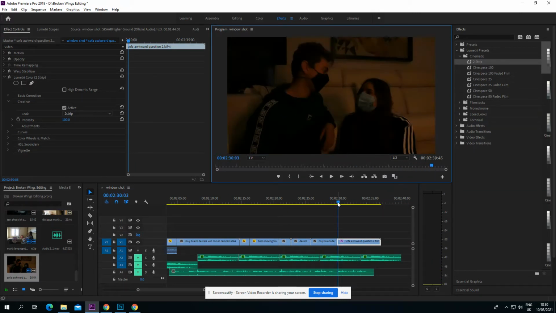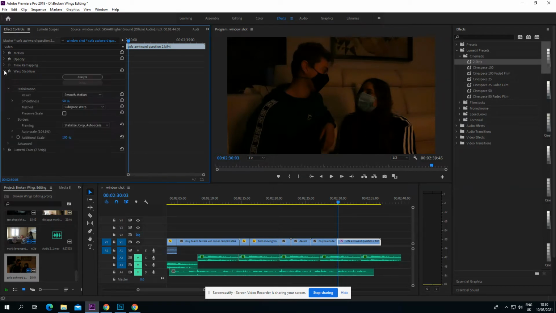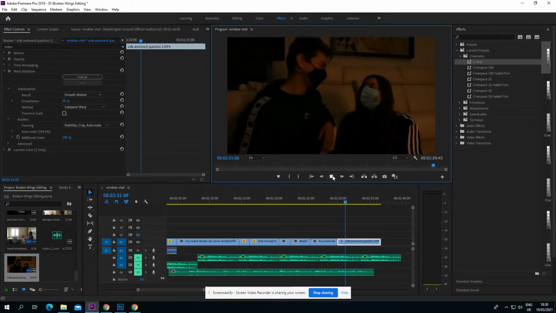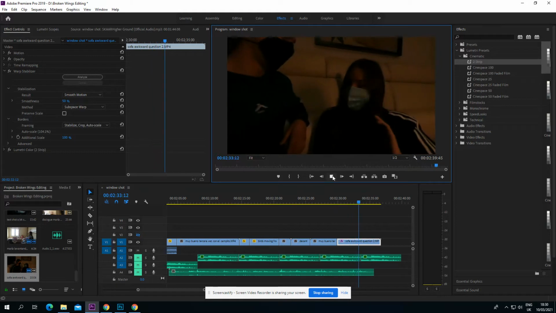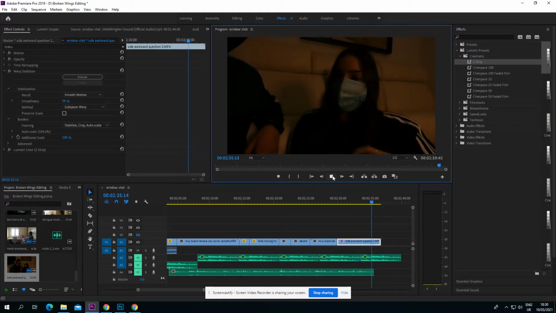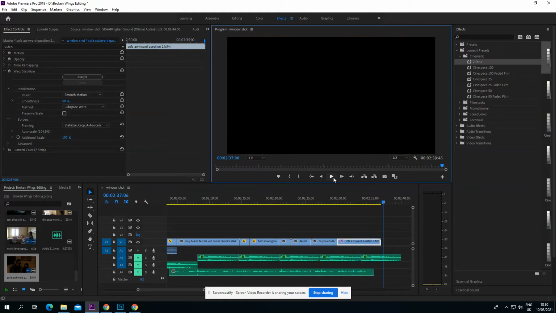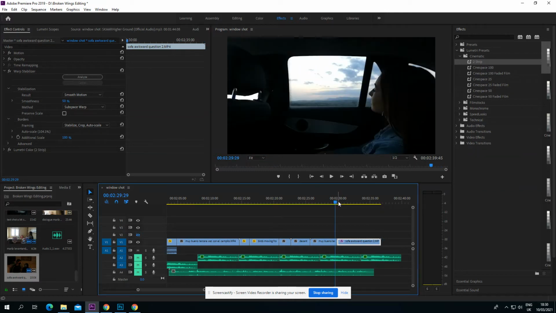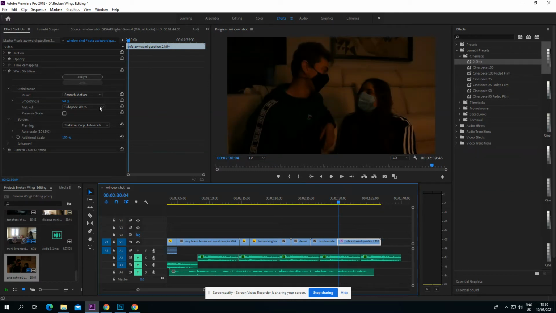So the first thing is that it was a bit shaky. So I've added the warp stabilizer, which is right here, to make it much more stable. I haven't played with any of the little tools in here because I didn't think it was necessary, because I set the default analysis and this is how it looks, and it looks much more smooth than it looked without the effect. So just to show you, I'm going to take the effect off